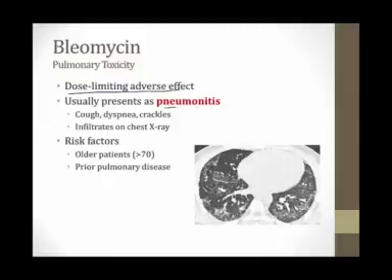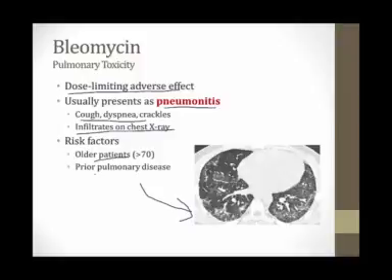It usually presents as pneumonitis, so patients develop inflammation in the lungs. This can cause cough, dyspnea, and crackles. It can also lead to infiltrates on chest x-ray and also infiltrates that can be seen on a CAT scan like this one shown on the screen. This is more common in patients who are older. It's also more common in patients who have a prior history of pulmonary disease. And that concludes our module on anti-tumor